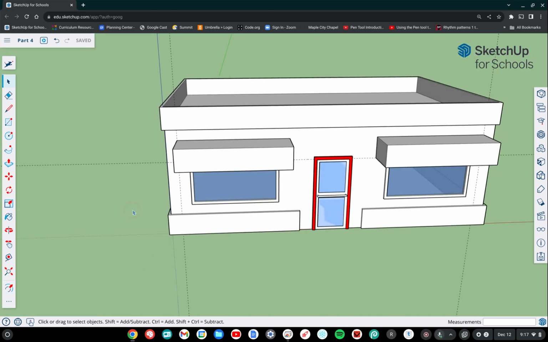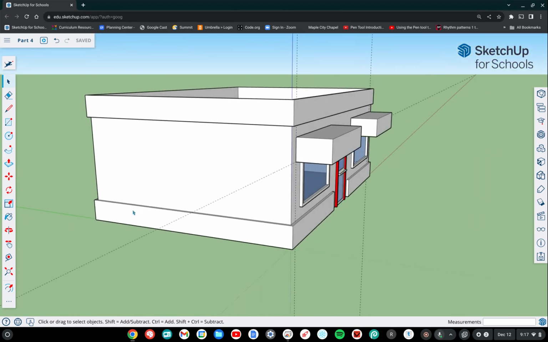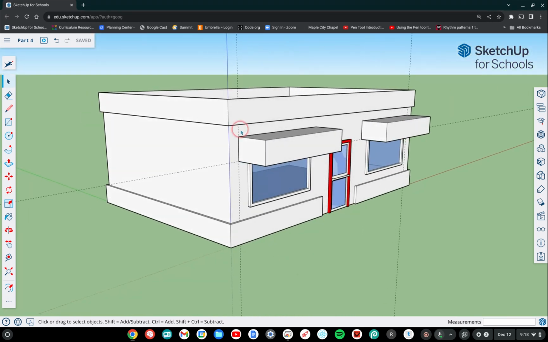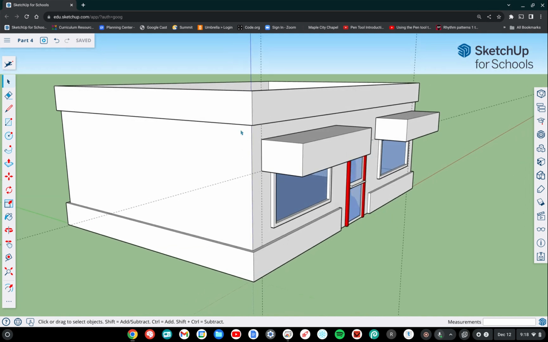Alright, now we're going to get into some of the more difficult steps in this project. So if you need to pause, feel free to pause, and I will also try to slow down a little bit and repeat my steps in case you have difficulties. So the first thing we're going to do, we're going to focus on modifying our awnings to look a little